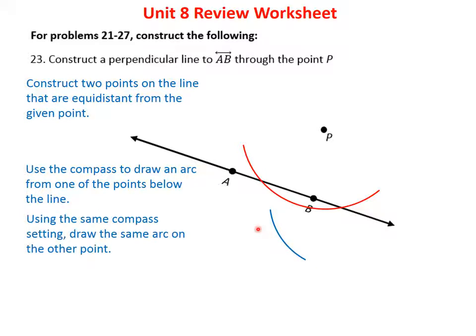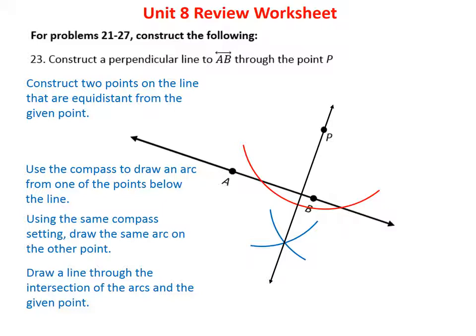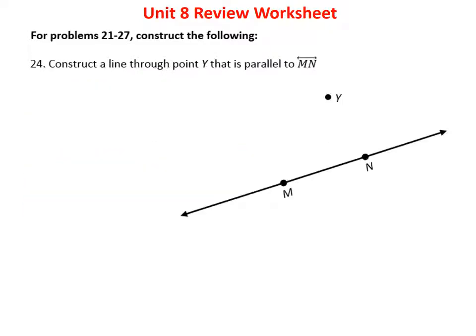Let's say this point here, and I'm going to draw an arc out this direction, and then keep the compass at the same length, I'm going to come over to the other equal point and draw it back this direction. So those 2 points are the same distance from these 2 points. And now finally then, if I go to point P and draw a line,